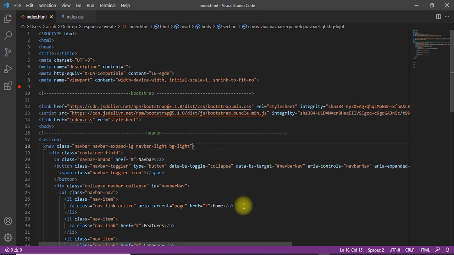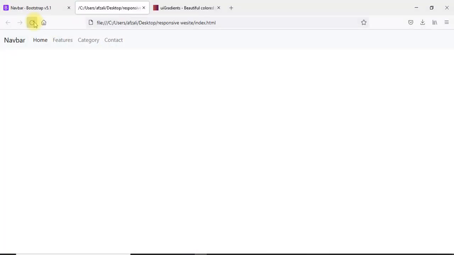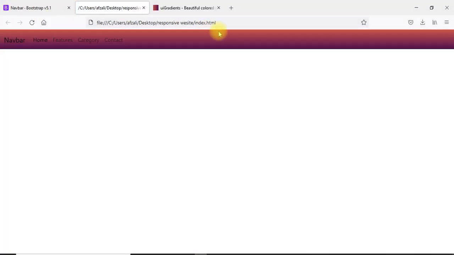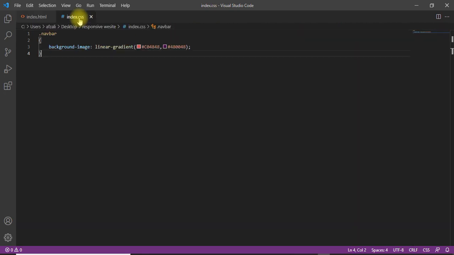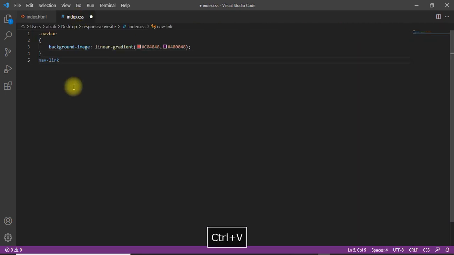Navbar. If both the names match, okay, no font. It's quite an odd color. Now I'm going to change the navigation bar color. So what I do, I take nav-link, which is another name. Select it here and then go back to index because I want to change the font color.